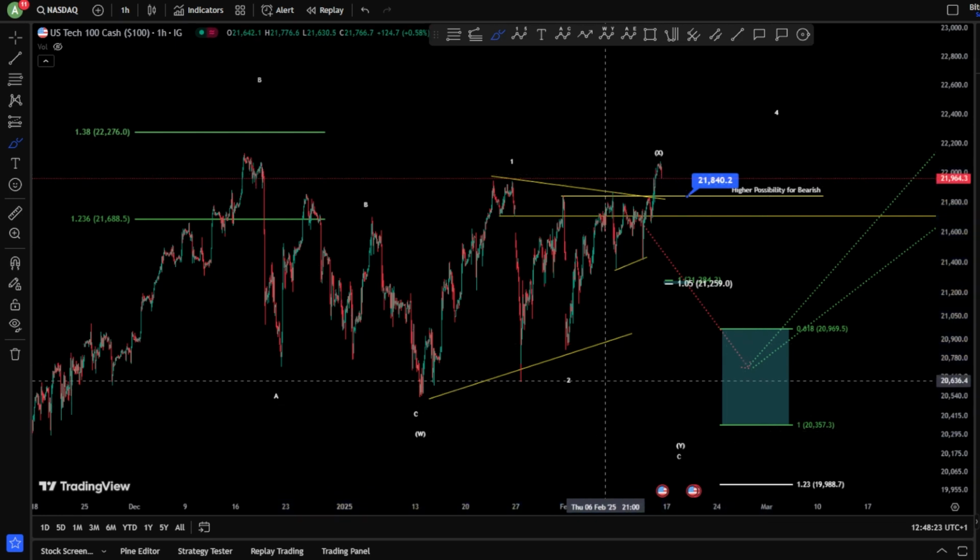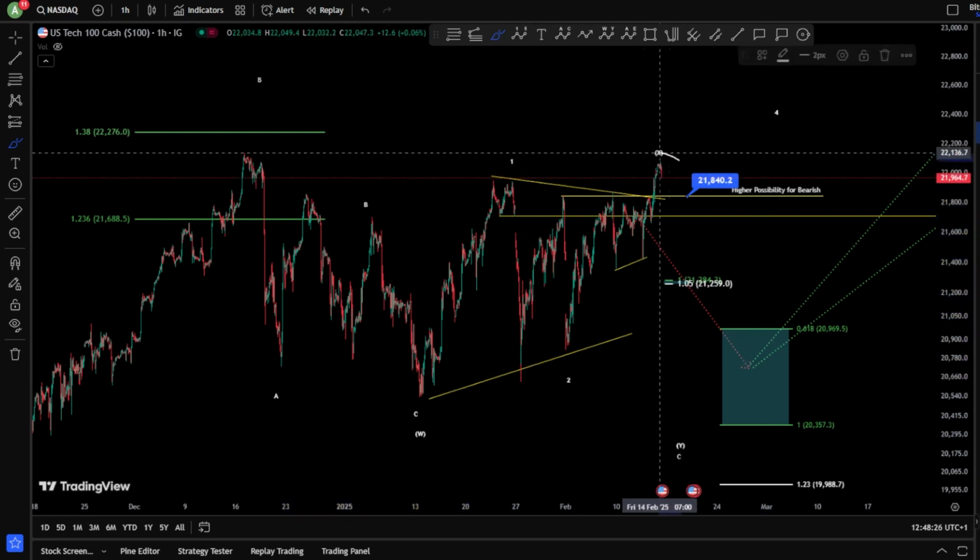So that was it for NASDAQ. Let's watch and see what's going to happen. Watch the key level here, this number,